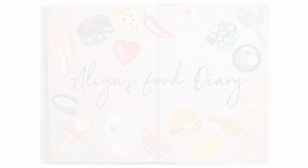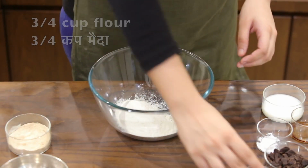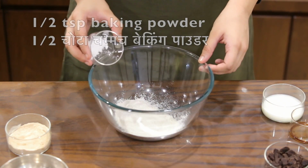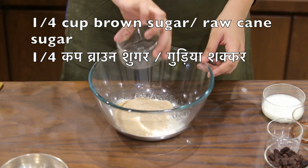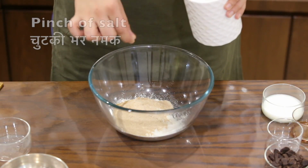Let's start. In a medium-sized bowl, mix the flour, baking soda, baking powder, brown sugar, salt,